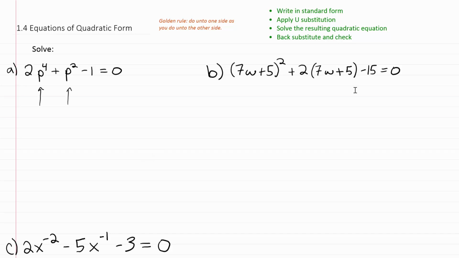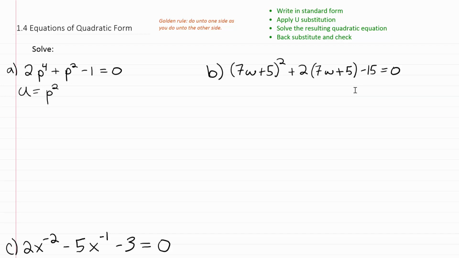would be perfectly quadratic. And you can also tell that p squared is exactly the square root of p to the fourth. So, in other words, if you square this middle term, you do indeed get that term on the left. So it appears that this equation is basically of quadratic form. Once we know that, we can apply something called u substitution, where you just let the letter u be equal to the middle term here,